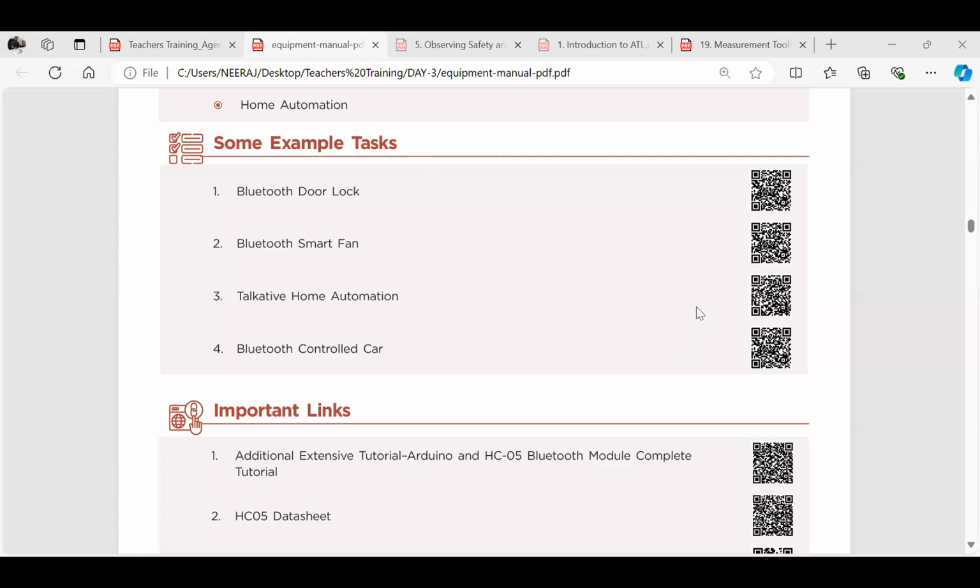So the first thing is, whenever we are working with the ATL lab, we have to understand the equipment, because without knowing the equipment, the coding is difficult. We will never know for which component we are doing the code part and which component is used for what purpose. So